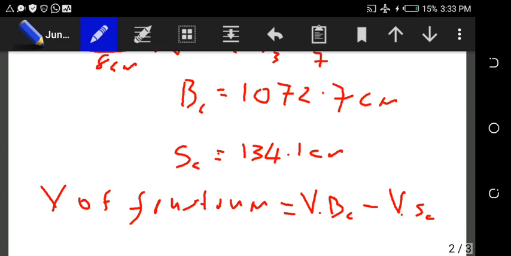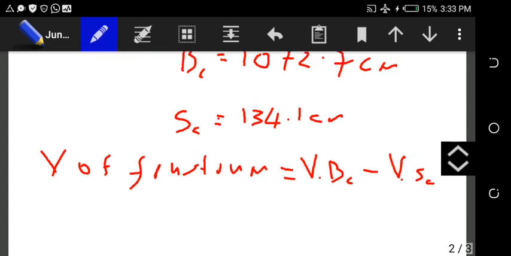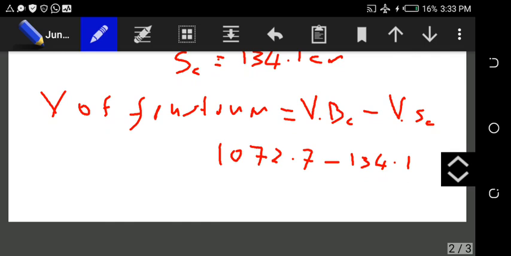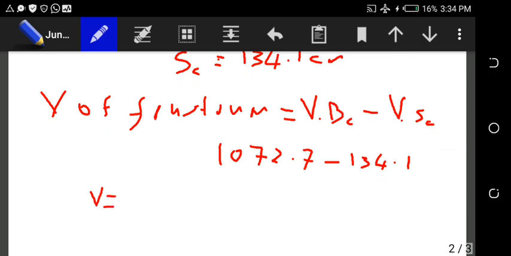And from what we have here, from the foregoing, we already have that to be 1072.7 minus 134.1, and altogether that will give us our volume to be 938.6 cm